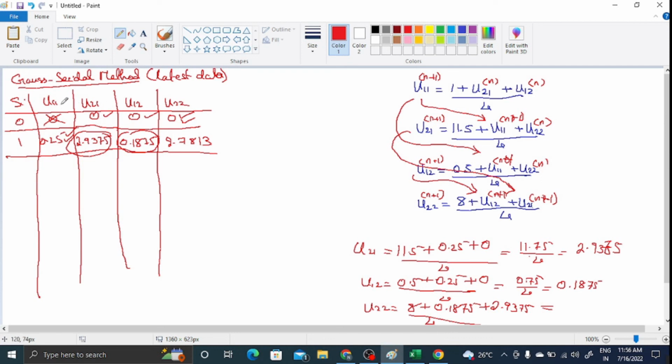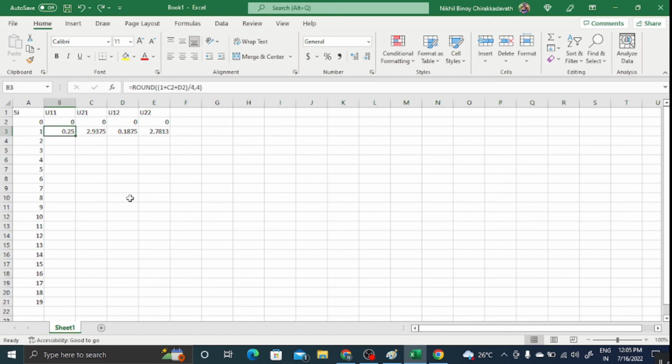So anyway, as we have 4 variables, do 10 iterations, maximum 10 iterations. So find the answer. We already completed the first iteration. Now if it is the second iteration, then for U11 we have to use U21, that is 2.9375, and U12, 0.1875. So it is 1 plus 2.9375 plus 0.1875 divided by 4. So the answer will be 1.0313. Similarly for U21 we have to use the latest data of U11, that is 1.0313, and latest data U22,